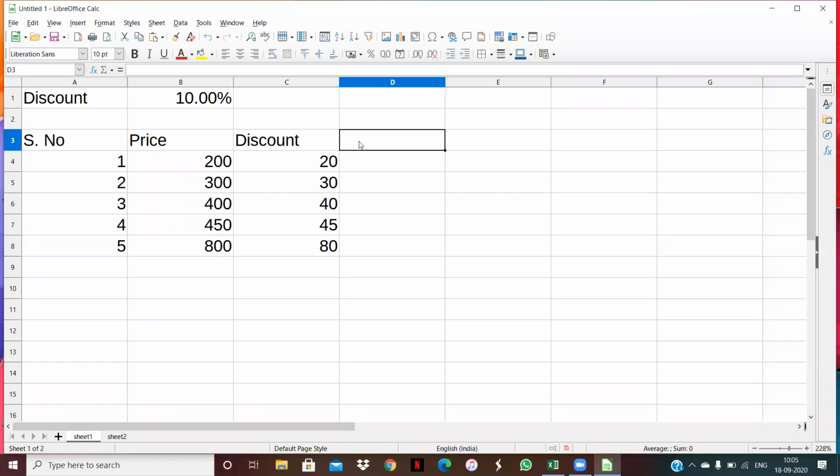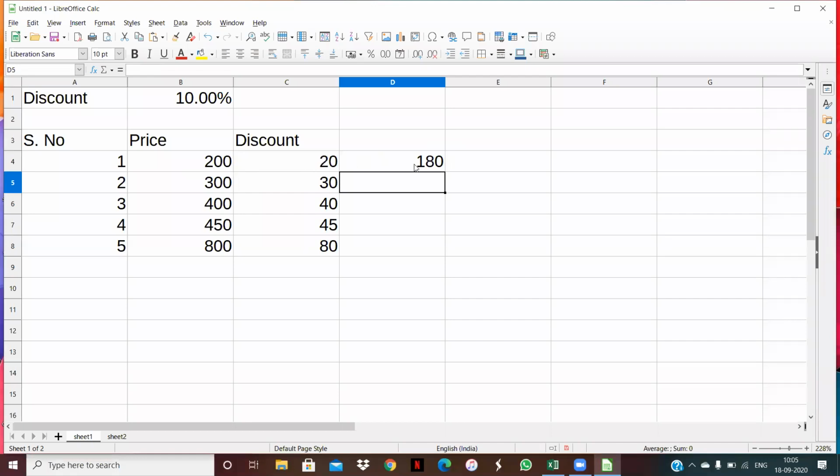Now, the third type of cell reference is your mixed cell reference. And how can we do the mixed cell reference? Suppose here I write equal to, because every formula starts with an equal sign, so I write equal to B4 minus, because this is the discount price, and I am going to subtract this price. Now suppose that in relative cell reference, you will add a dollar symbol here, and before the address of this, you will also add the dollar symbol. Clear, my dear students?